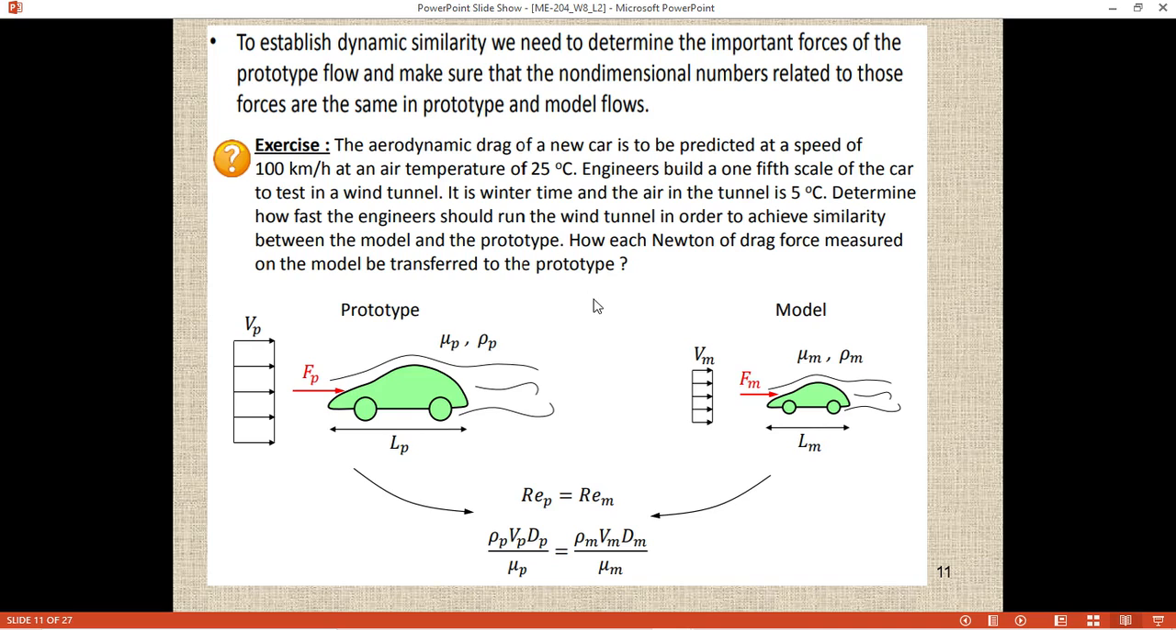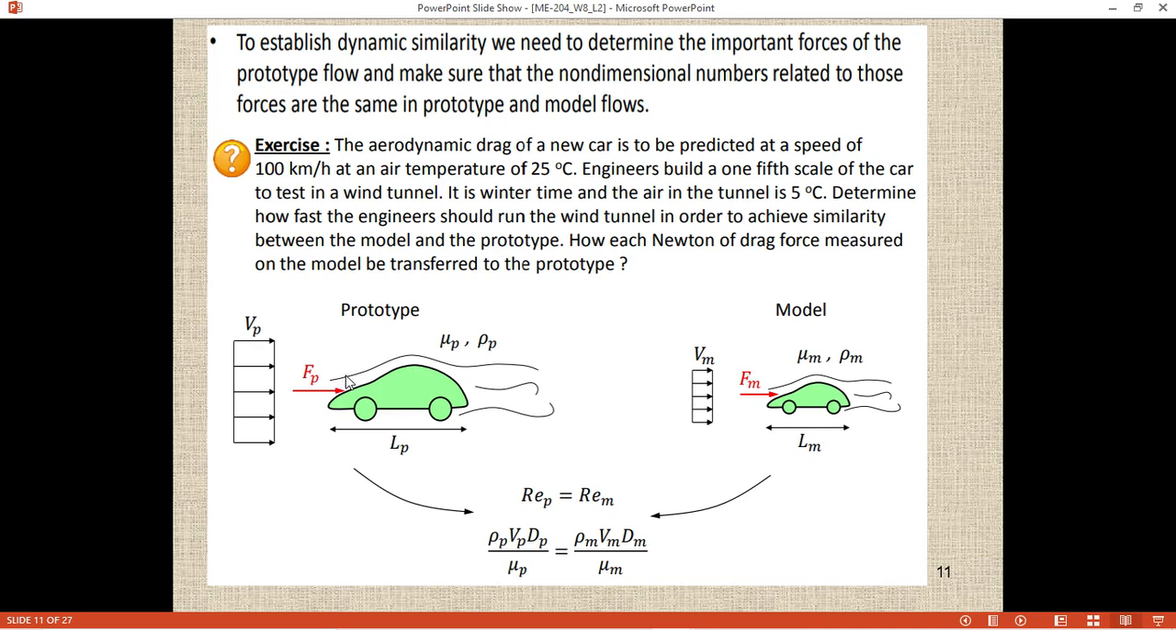Normally in the wind tunnel we take the air from the surroundings, and since it is winter, we do not have air at 25 degrees centigrade, we have air in the surroundings at 5 degrees centigrade. So how can we compensate for this difference of temperature in the force ratio? Since we are talking about the drag and all the variables we used in the